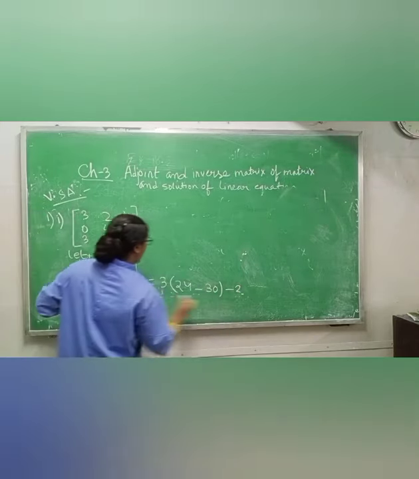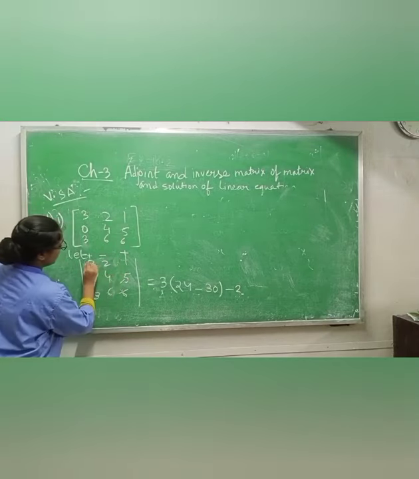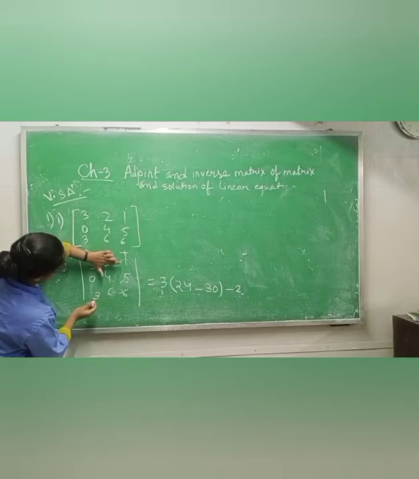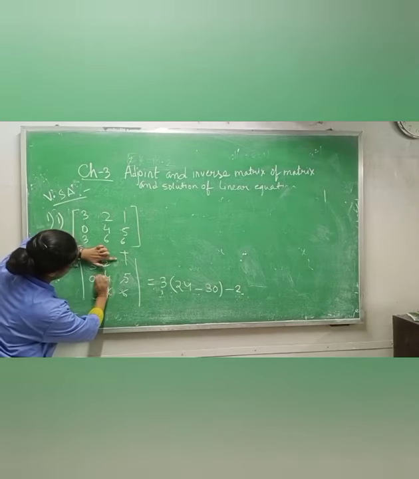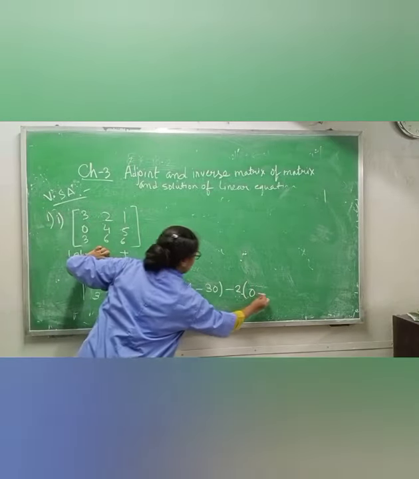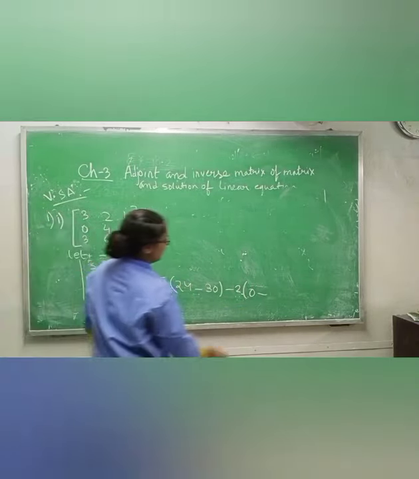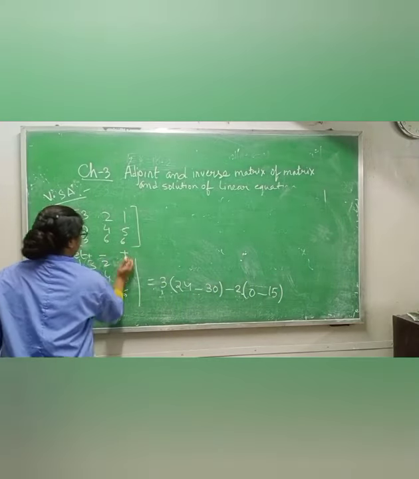-2. Now we will not see this column and this row. If we are not seeing this row and this column, what is that? 0, 5, 3, 6. Do cross multiplication. 0, 6 are 0. Then minus sign in between, and 5 3s are 15. Again we have to write plus sign.